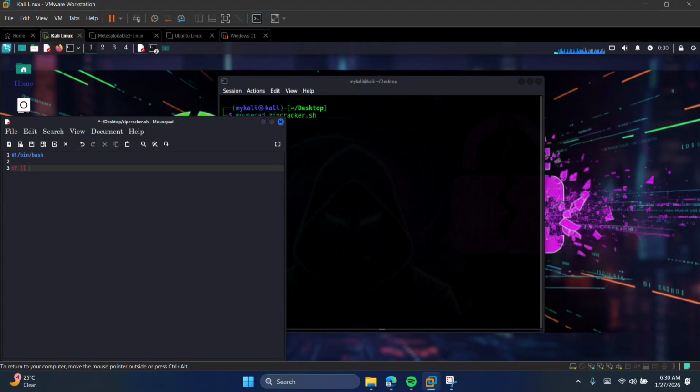This flag checks if the string, or the word, but in programming we call it a string, is zero length, which means it's empty. So this is the first target, the first parameter. Then we close the brackets, then enter a semicolon. So this checks if this first parameter is empty. And if it's empty, then it's going to echo usage,